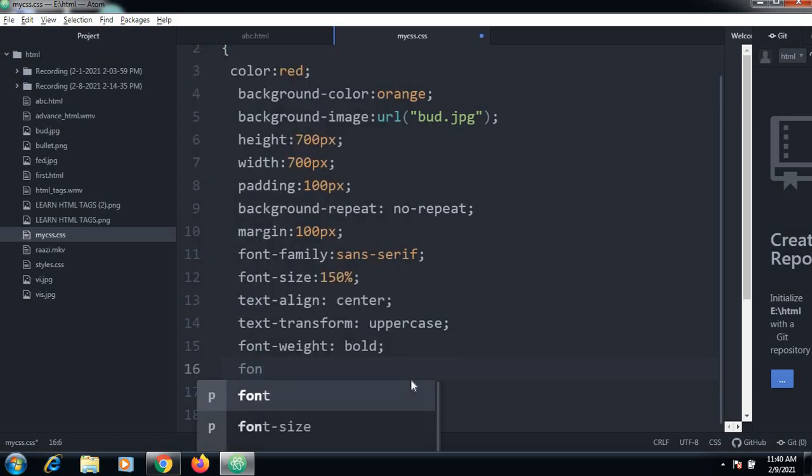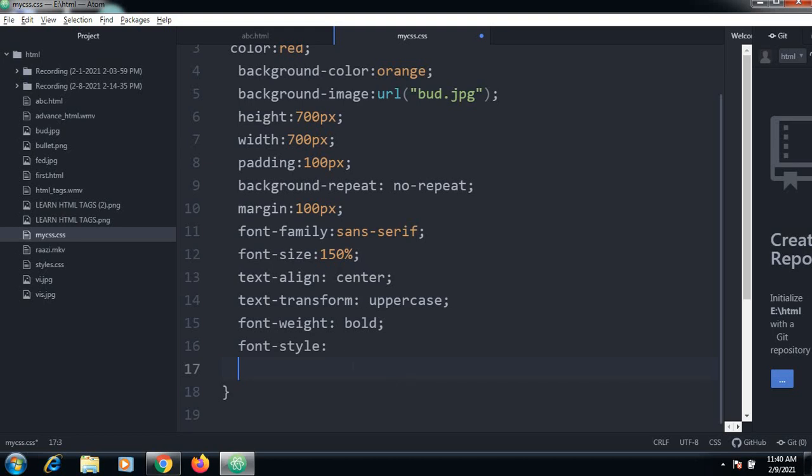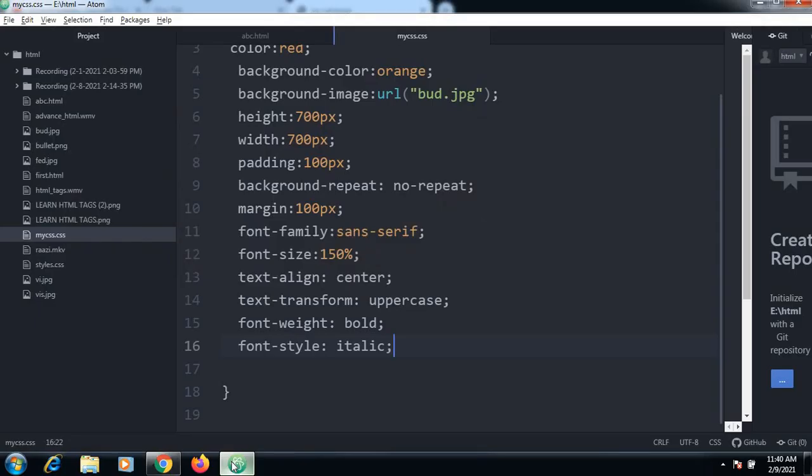We have one more option, font style. So what is the font style? I'll make this italic. You can see that it is changed to italics now. So this is how we can have different sets of modifications.